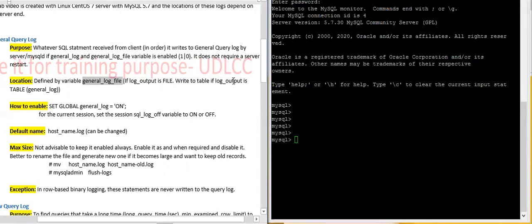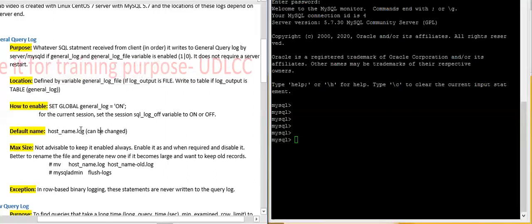The log output is a type of log. If the log output is file, then all the SQL statements are logged into a file. If the log output is table, then all the SQL statements will be logged into a system table.